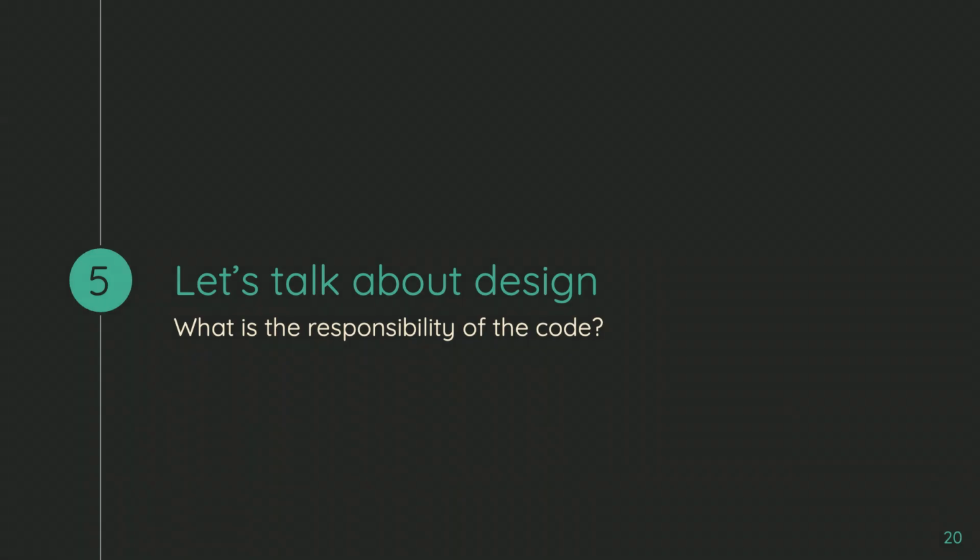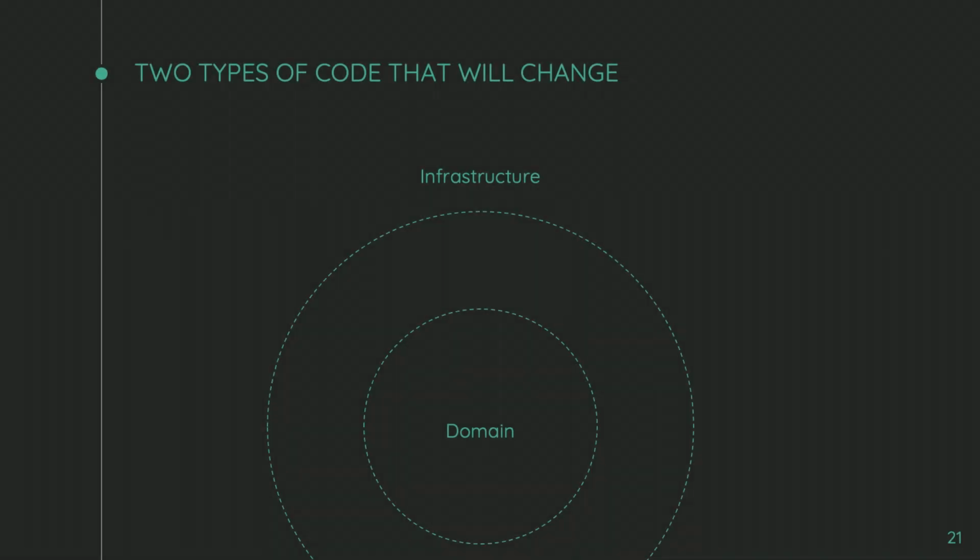Okay, so let's talk a little bit about design. This also can influence the kind of tests you write, depending on what your code is doing. Again, drastically oversimplifying code architecture, I like to think of code in two camps or two categories. One is your infrastructure code, and second is your domain code. Who here is familiar with domain-driven design? Domain-driven design is the idea that you write code that represents concepts in your business. And actually, I have an example. I'll talk about it in one second.